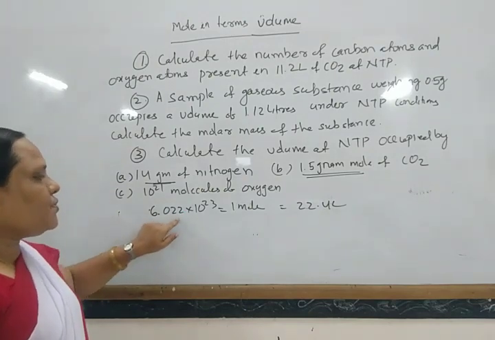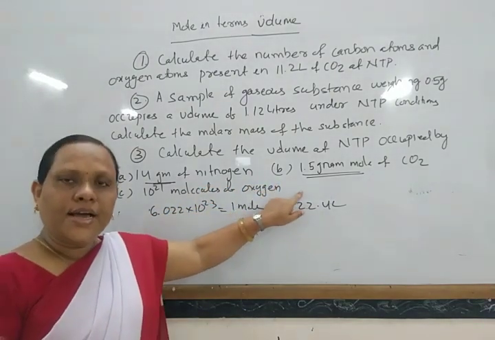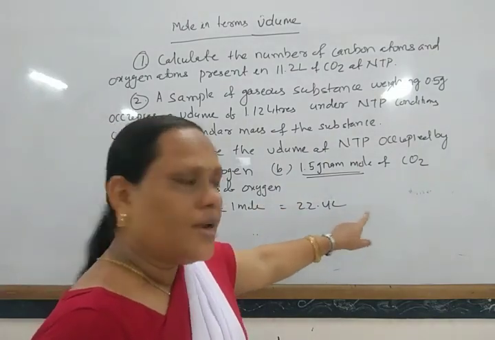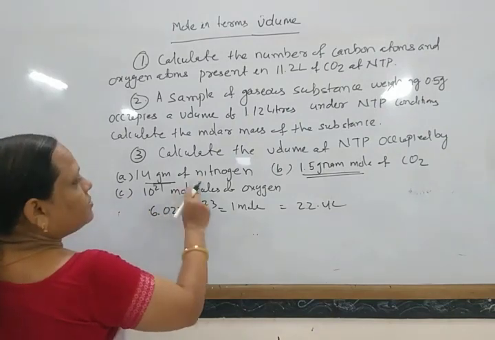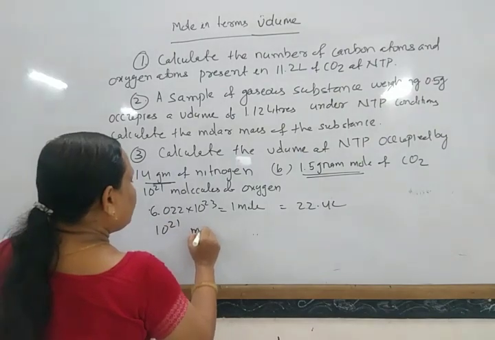So 6.022 × 10^23 molecules of oxygen means 1 mole of oxygen. It has volume equal to 22.4 liter. Then given 10^21 molecules